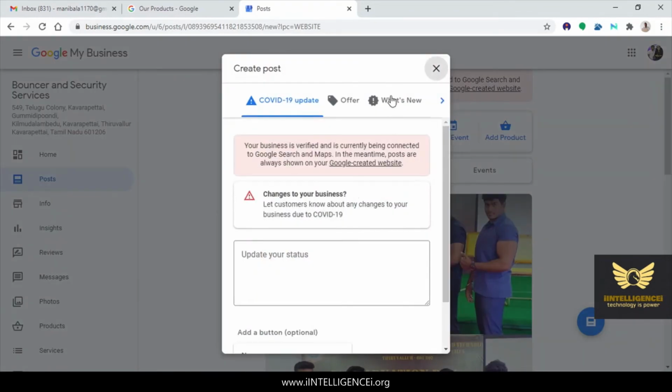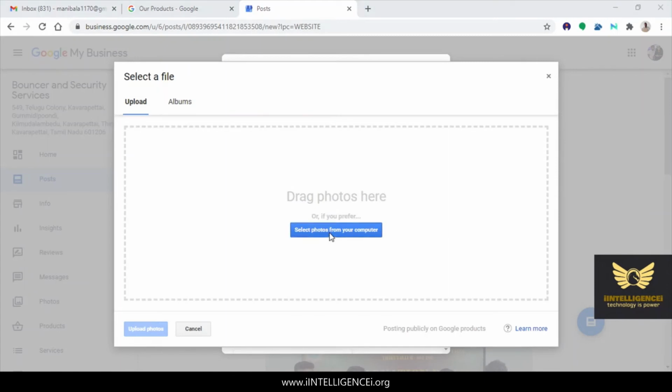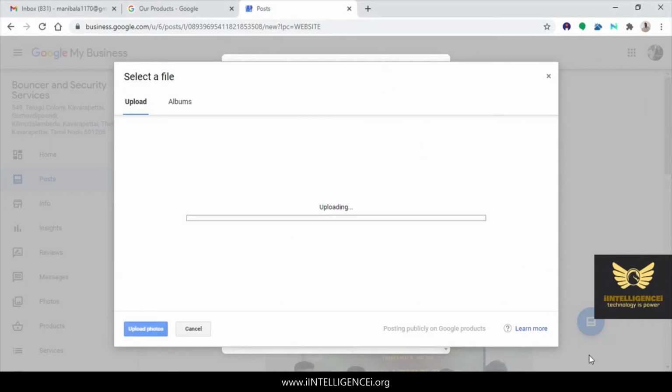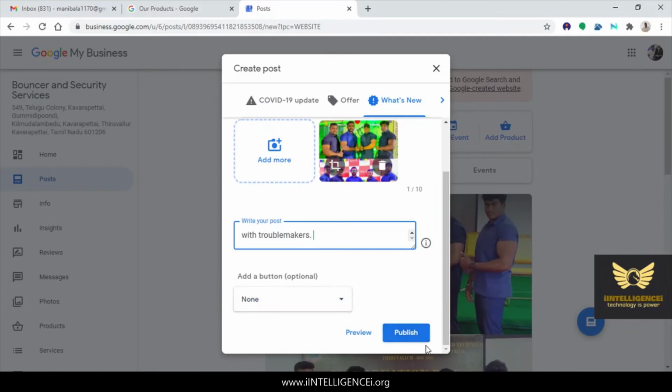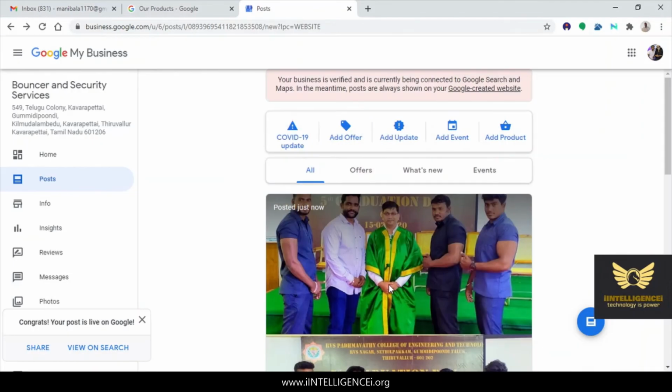Create post, what's new, add photo. Either you can add a button or just publish it without adding a button.